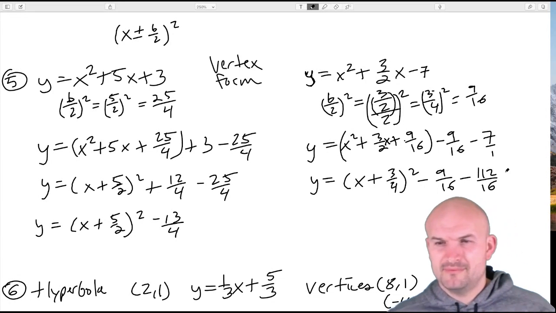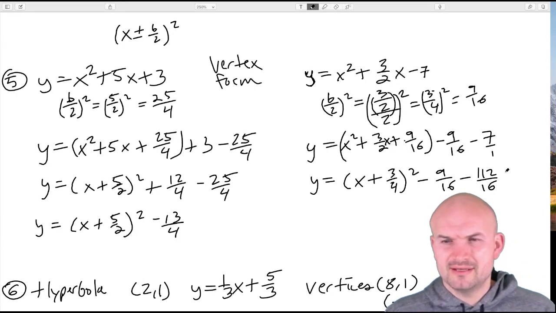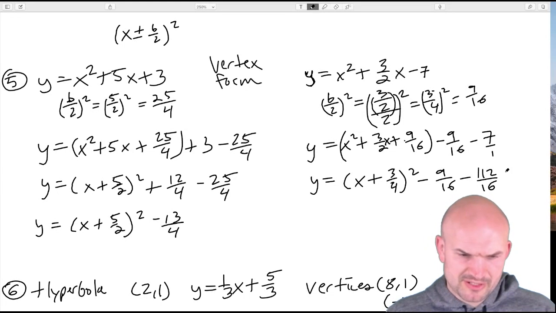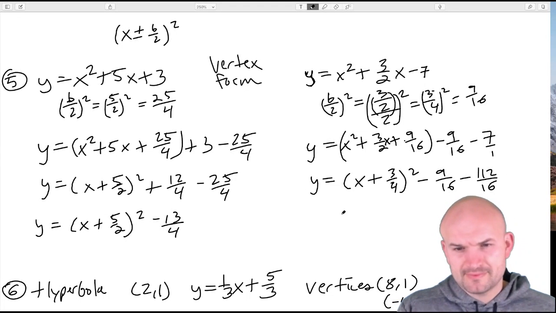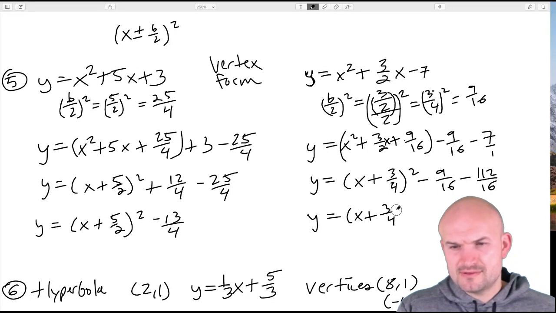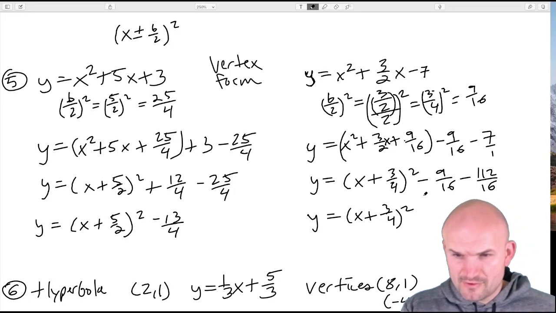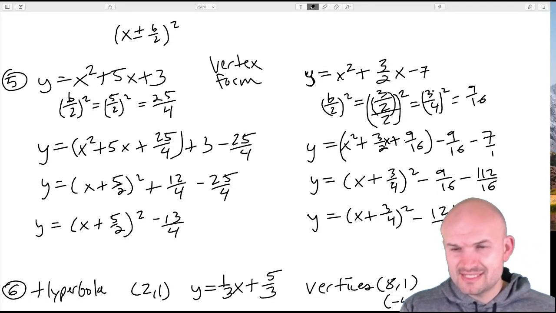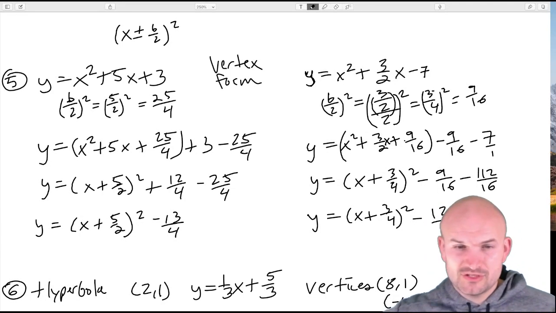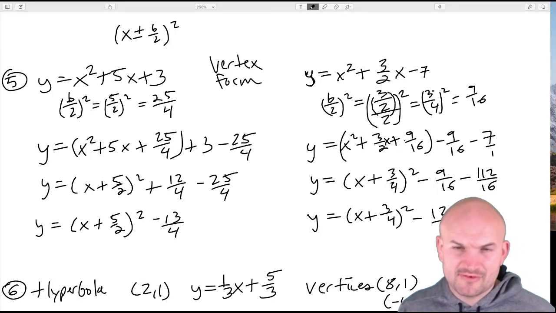Am I doing my math right? I was going to multiply by 16, yeah. Since I have a calculator, might as well double check my mental math is correct. Yep, 112. Okay. So then y equals x plus 3/4 squared, and therefore that's going to be a -120/1/16.